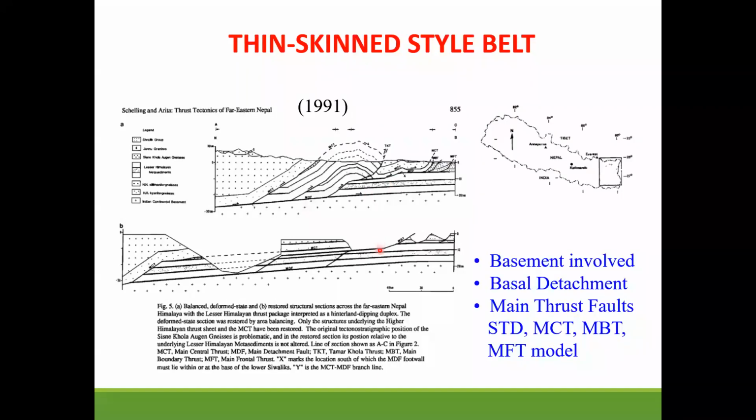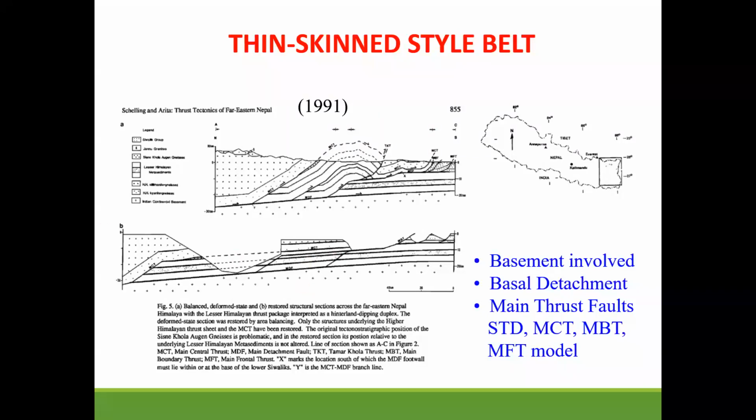Okay, so there was this controversy where a bunch of people believed that the Himalaya was thick-skinned, and there were also people who believed that there was a decollement, or detachment, at the base of the Himalaya, and it was thin-skinned. The reason this thin-skin terminology is used is that this detachment typically develops at the basement and sedimentary boundary, like so. Okay, so only the top is getting actually deformed. Below this there is very little deformation.